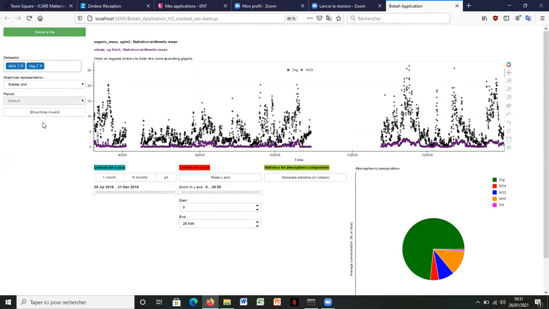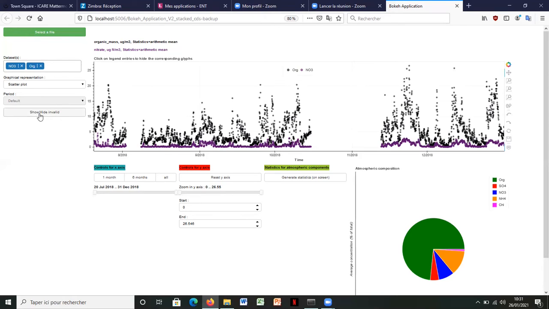So now I will show you how to show or hide invalid data range. This button called Show Hide Invalid allows the user to display the invalid data range. It corresponds to the union of invalid time intervals.